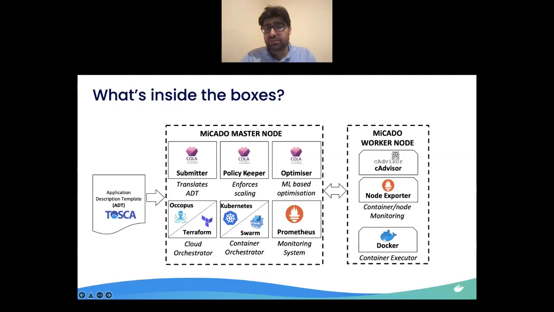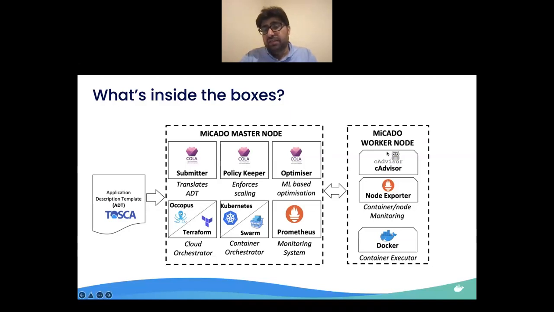The policy keeper enforces, at runtime, the scaling as per the description provided by the users. And the optimizer is a machine learning based optimization component, whose job is to recommend the scaling actions, and once it is recommended, the policy keeper then executes those scaling actions.